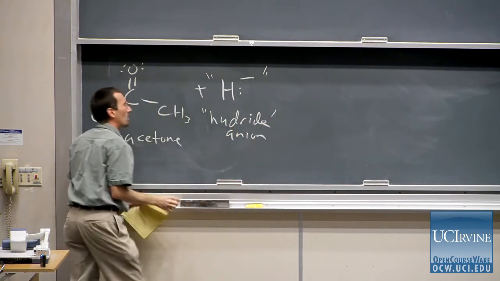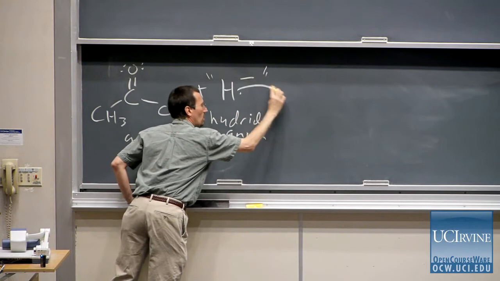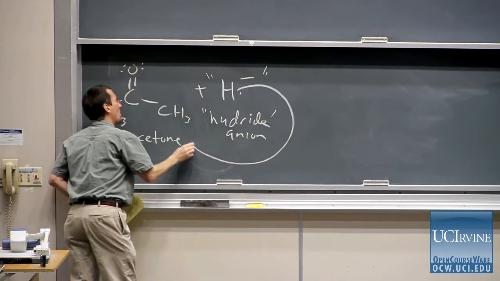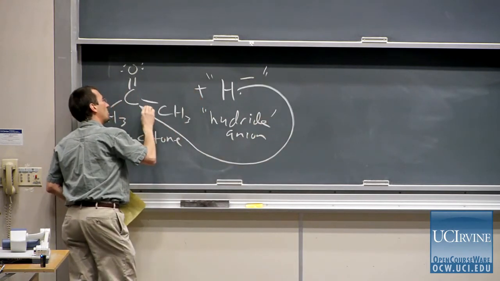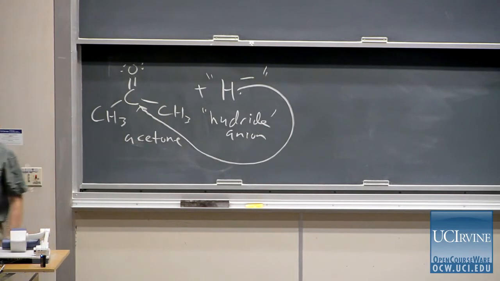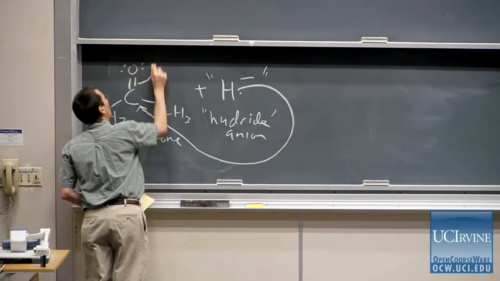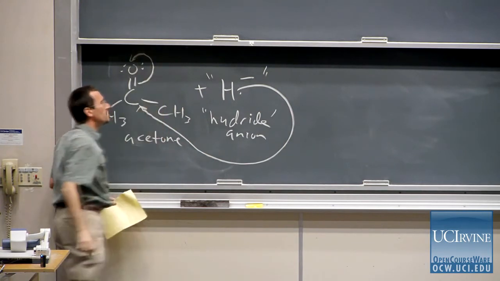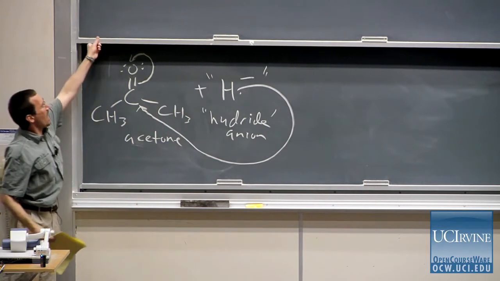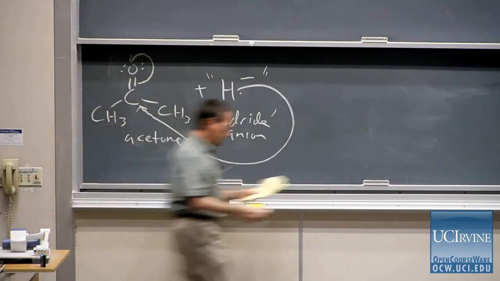Put the hydride in quotes. And so electrons are going to flow from the hydride, from the lone pair, to the carbonyl. And again, we can't stop at that point. Our electrons have to flow up from the double bond onto the oxygen atom. And so when all is done,